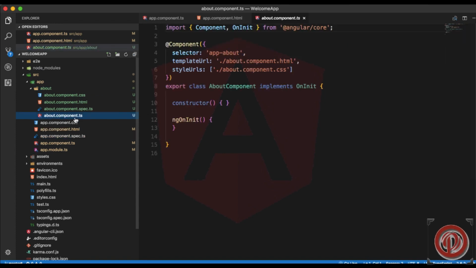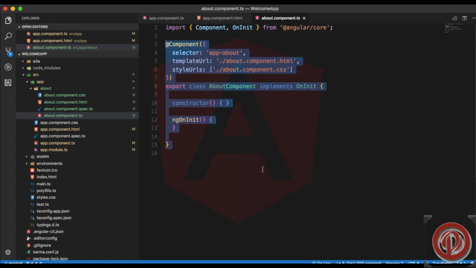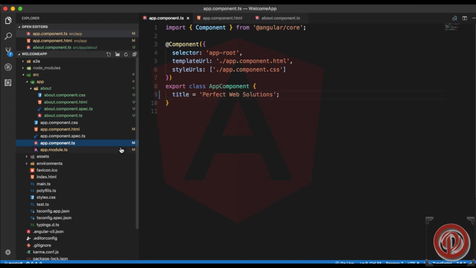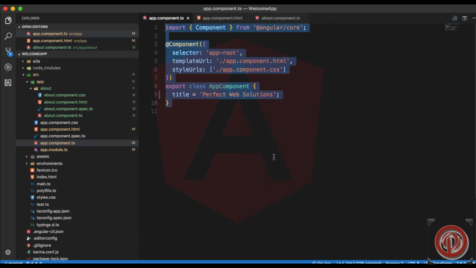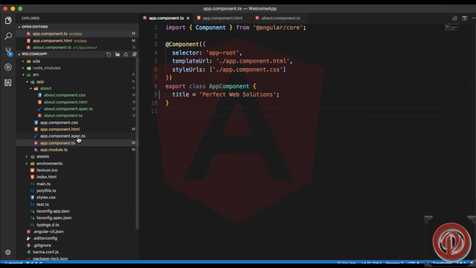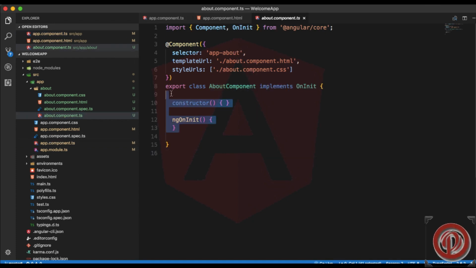So our main file is about.component.ts, and if you see, there is a bit of difference between this and the actual app component. Here you only see a class AppComponent, but here it is AboutComponent, and it implements the OnInit interface, which is derived from Angular core, and you can build a constructor, as you know, in TypeScript. If you don't know what TypeScript is, definitely I will create another crash course on TypeScript for you. So ngOnInit is basically a function which automatically executes, and here it also defines @Component, and